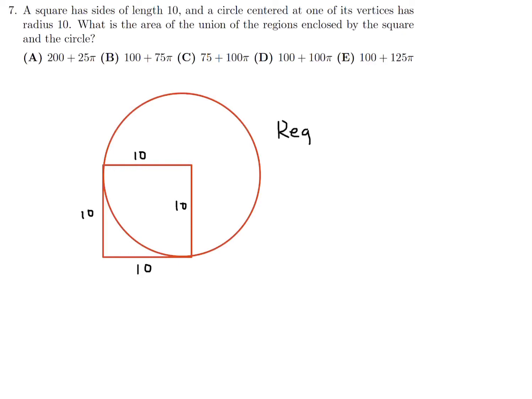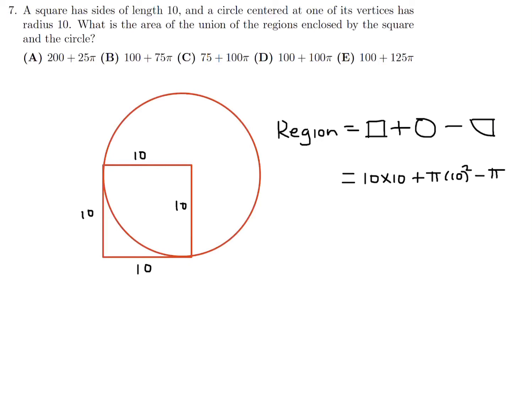Now they want you to figure out this entire region, and that entire region, I'll just call it region, is the area of the square plus the area of the circle, but we have to subtract something. What do we subtract? We have to subtract this region right here because we double count that. So I will draw that as a quarter circle like that. And each of these should be pretty straightforward to figure out. The square, the area is 10 times 10. The circle is pi r squared. R in this case is 10. And the quarter circle is pi r squared